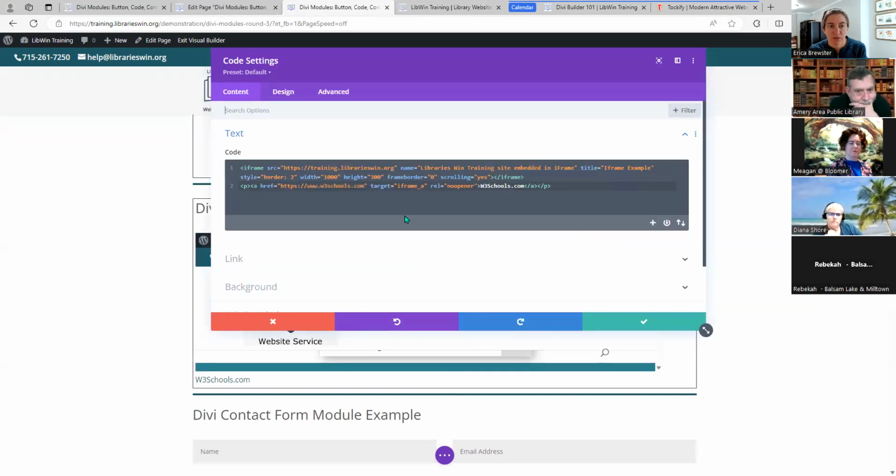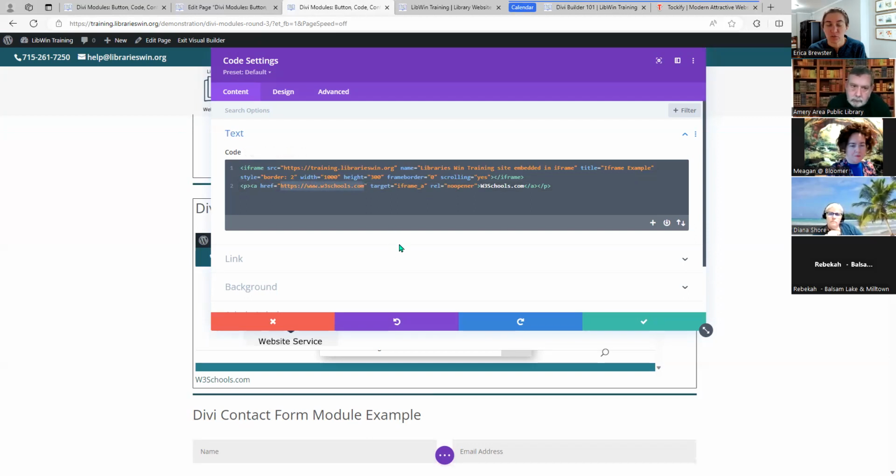Okay. So I built an iframe code right here, and the source is the actual homepage of the training website. And then I just have iframe example, and I gave it the border width. I did have to do some messing around. It didn't seem to want to cooperate super well with me. But what I did embed in here is this